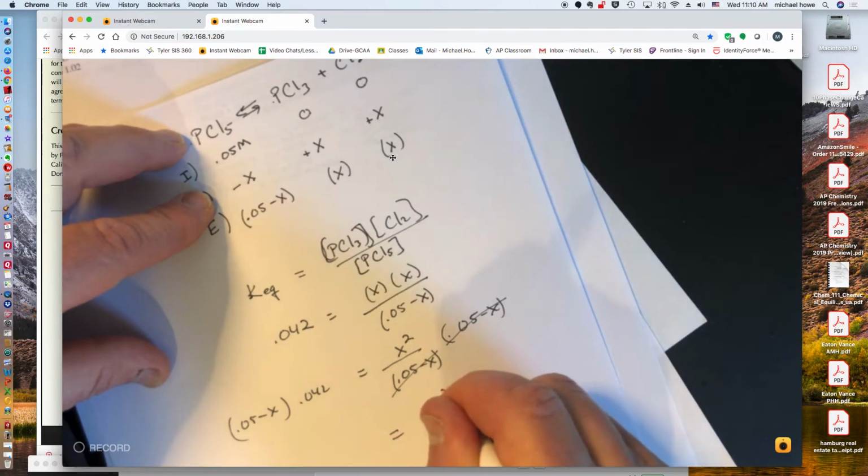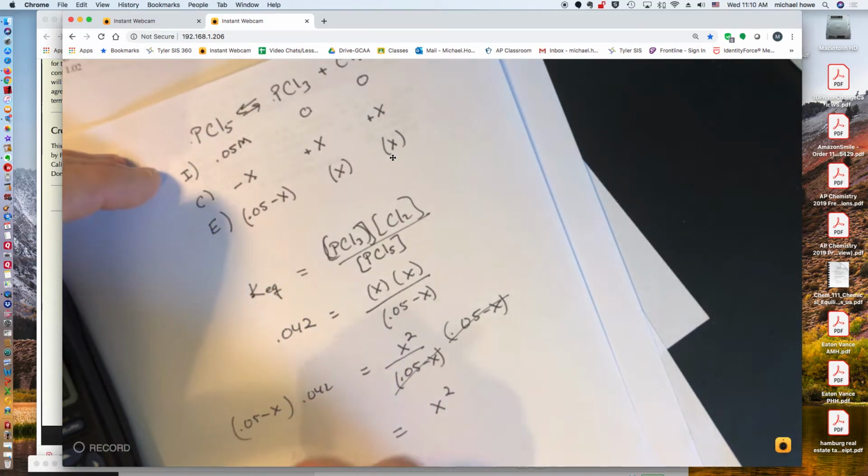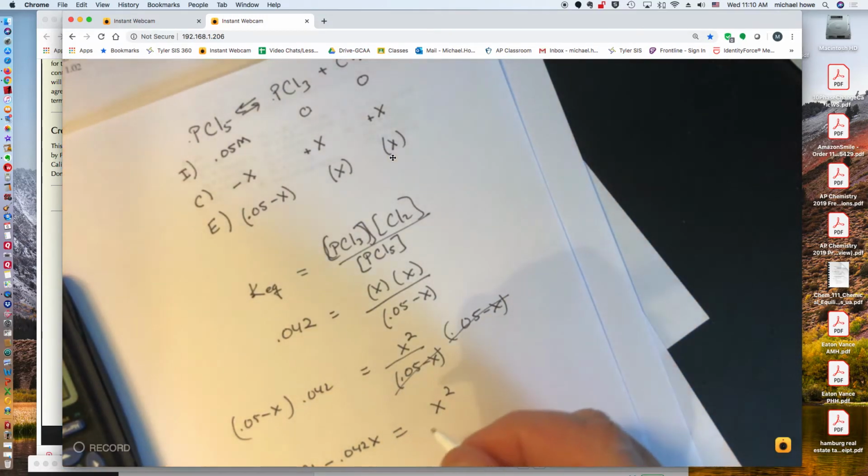Equals X squared. Okay, 0.05 times 0.042 is 0.0021. So I'm doing this times this, 0.0021 minus 0.042x. Now I like to have my